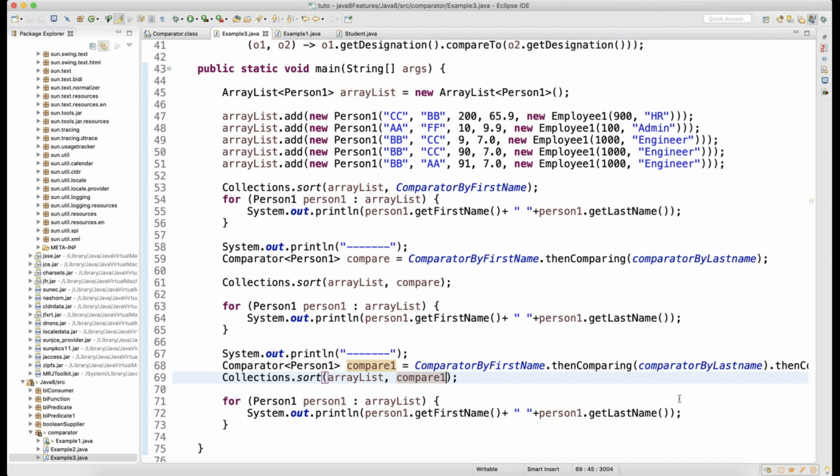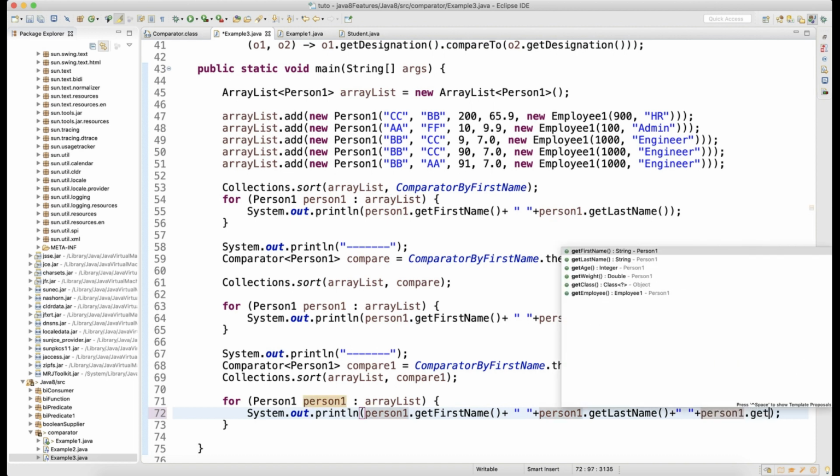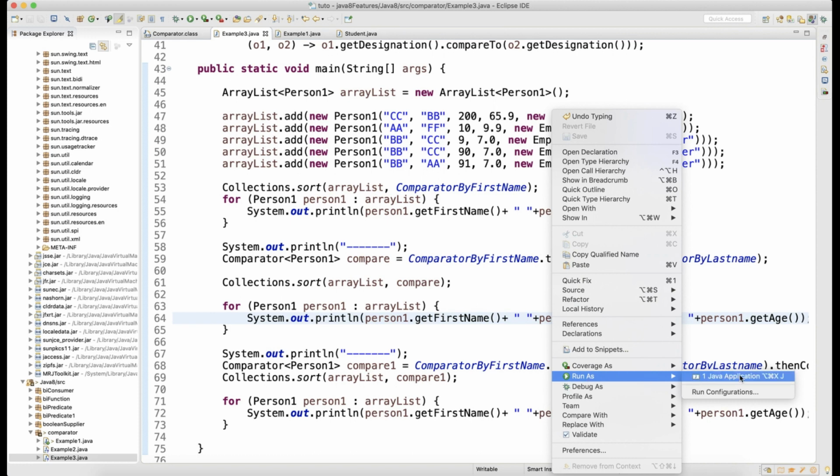So we will add one more thing here. In this case, we will add person1 dot get age also. And just to explain this, I will add get age, so that we can correlate how the output is different from the previous one.